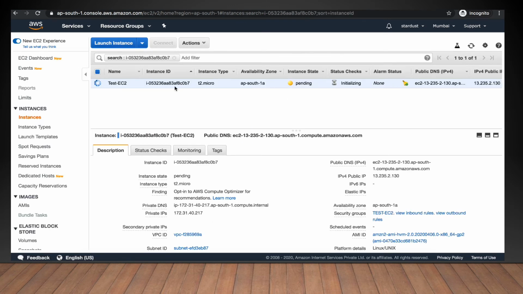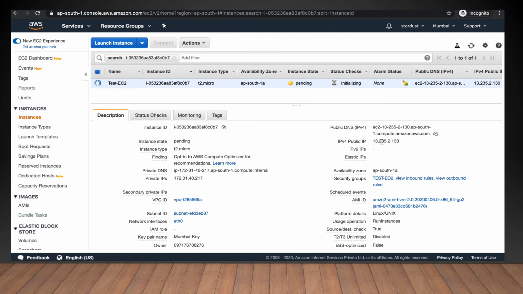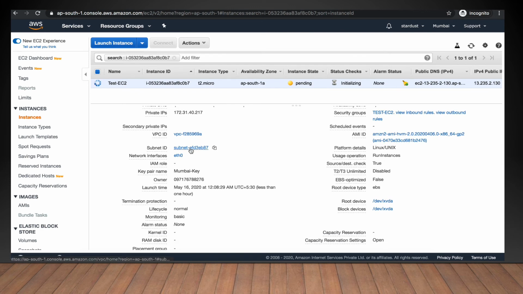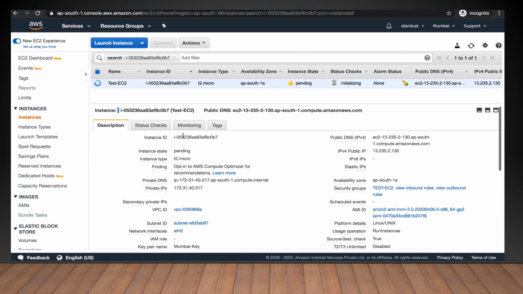After that you can see your instance is launching. The instance state is pending right now, and you can see all the configuration in the description below: the instance ID, the public IP, the private IP, the VPC, the subnet, and the AMI ID that we have used. These are some basic information that you can check from here.